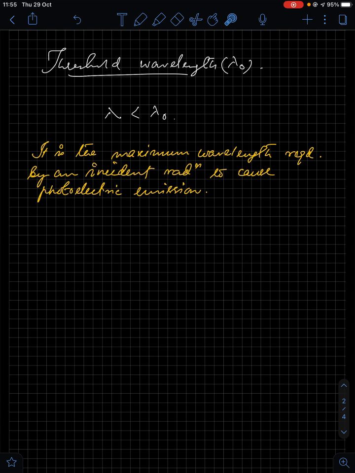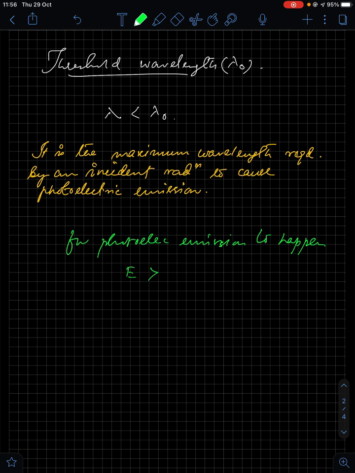So what the definition says, it is the maximum wavelength required by an incident radiation to cause photoelectric emission. Now you see in terms of energy, we can write down, for photoelectric emission to happen,